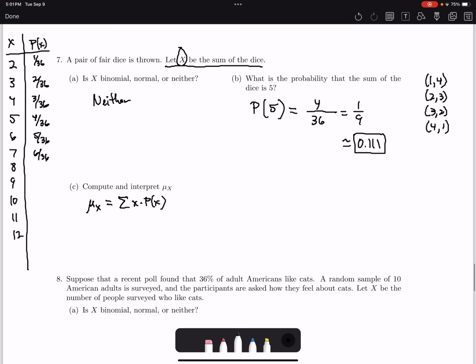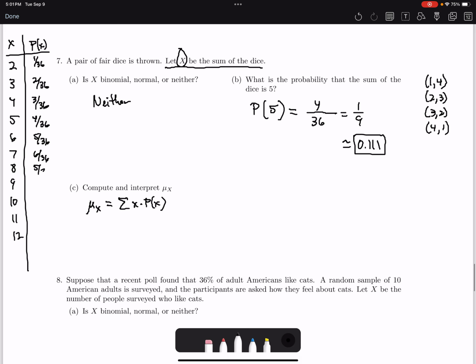So there are 5 ways to roll an 8. And then there are going to be 4 ways to roll a 9, and 3, 2, 1. And again, I know I'm going through this really quickly, so I'll leave it to you to verify that that is all correct. But that's just a step in the right direction,